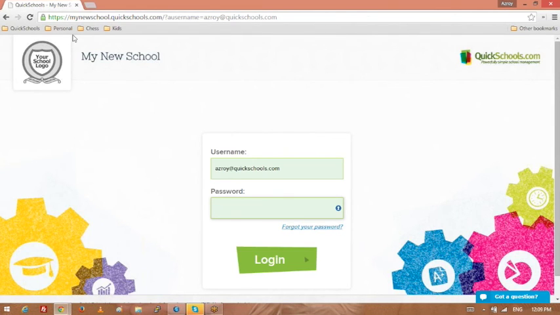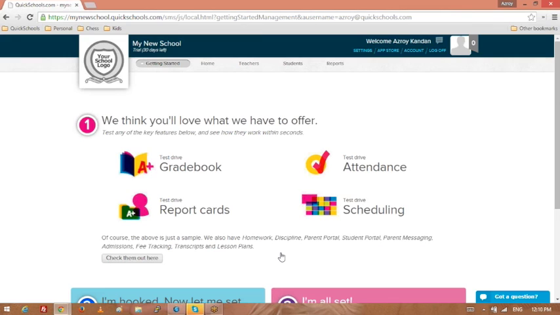So every school will get their own little URL. In this case, it's mynewschool.quickschools.com. You log in using the email address that you put in and the password that you set up. Log in. So the first thing you'll notice about QuickSchools is that we try to keep things simple and easy